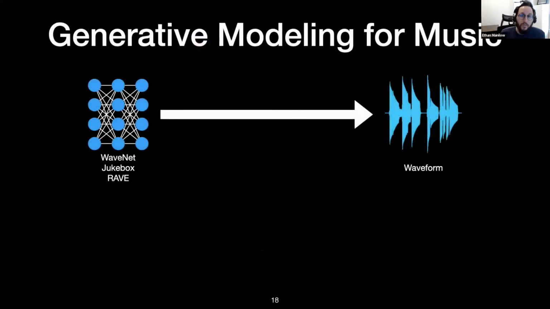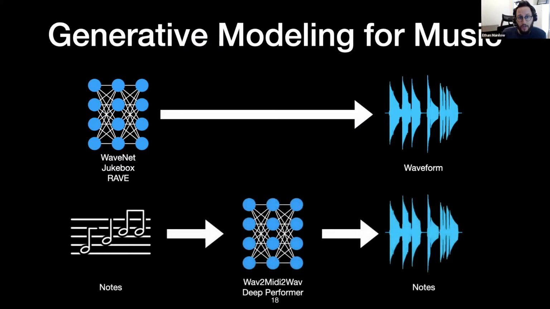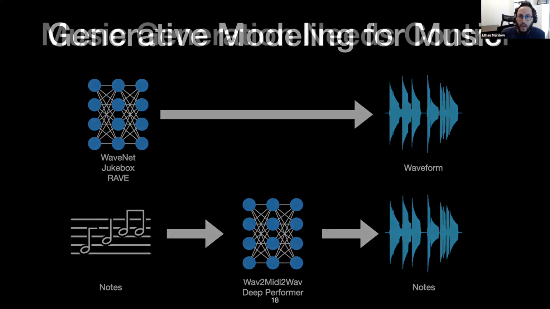Most generative modeling for music results in models that directly output audio waveforms, offering little control, if any. If we're lucky, the generative model lets us convert a set of notes into audio, but there's still not a way to make edits to how these notes are performed. However, for musicians, creating music is not a one and done, zero-shot process. We want to be able to control specific aspects of the performance. Let me give you an example of the type of control I mean.